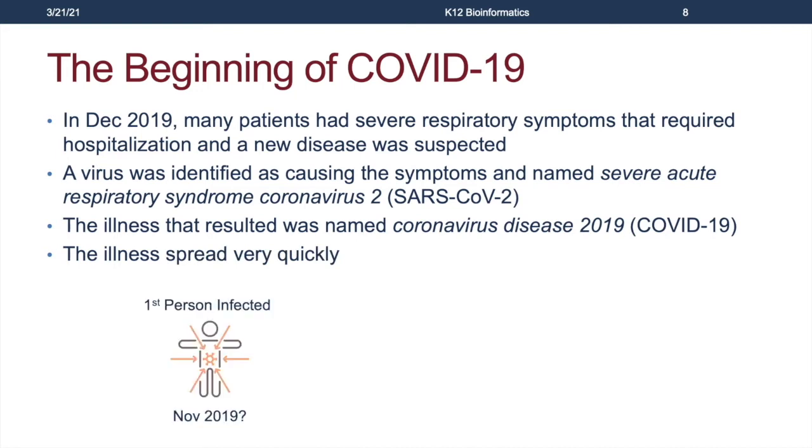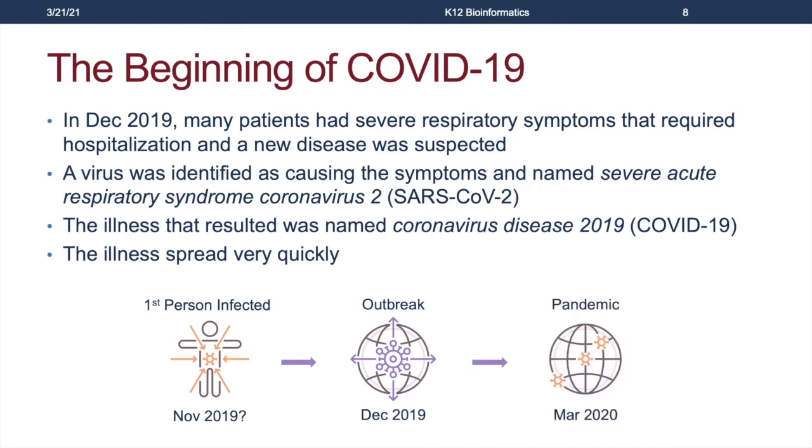We don't know who the first person or persons infected were, but we suspect it happened around November 2019. The outbreak was detected in December 2019 once there were enough people having new symptoms that we recognized something was going on. By March 2020, the World Health Organization declared COVID-19 to be a pandemic. By then, there were 118,000 cases in 114 countries and 4,291 deaths. It was clear that COVID-19 was going to affect a lot more people, even with serious attempts to control its